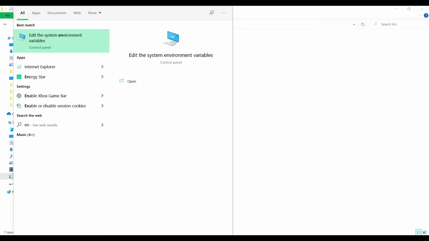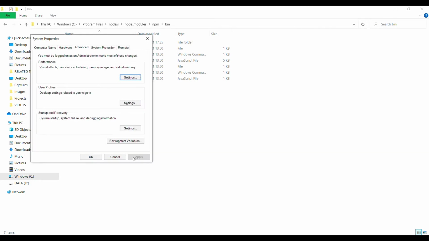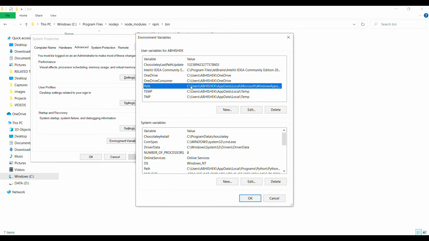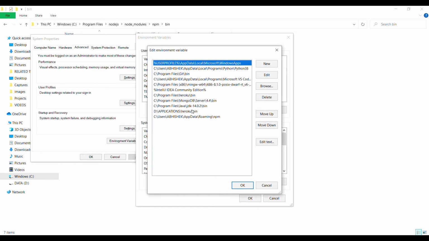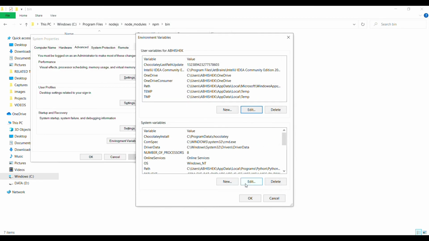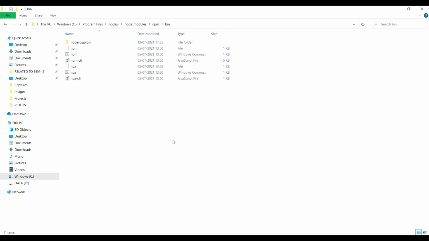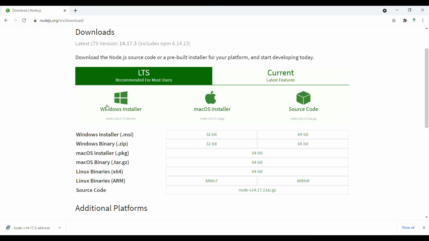Then you have to search in your search bar env, which is environment variable. Here you can see environment variable, then click on this one. Then click on this path and then click on edit. After that you can see a number of things are added, but in your case it can be added like a number of things, or it may not be added. So just click on new, and after that paste that one which you have copied from here. Then click on ok, and then click on ok, and then click on ok. Once you click on ok everywhere, each and every step is completed.